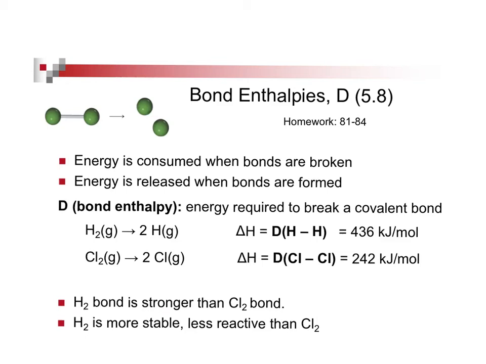This is the last section of the chapter, and it's called bond enthalpy, and bond enthalpies are symbolized by the letter D. Originally, if you have an earlier edition, it appeared in chapter 8, so I've had to kind of rearrange things. The take-home message from this entire chapter are these first two bullets.